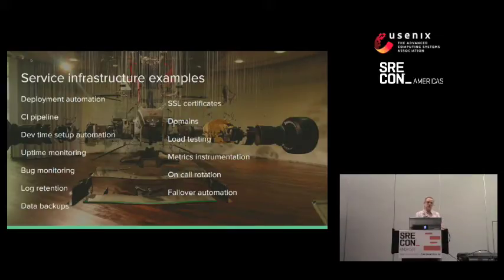Some of the concerns I'm talking about here are all the infrastructure you need in place for development, like automation of your local development environment setup, CI pipeline, deployment automation, and all the tools you need to track and instrument your system in production. Telemetry of information about the running service, automatic tracking of bugs, retention of logs, and that kind of thing. So there are all these different kinds of concerns that we have about all of our different apps.